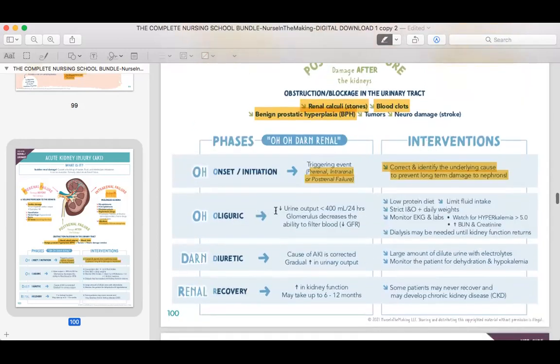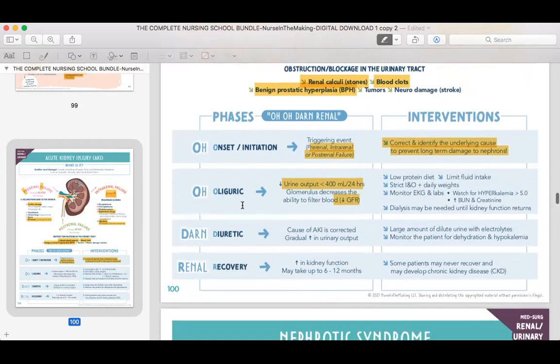So now you're going to have the oliguric phase, where you're producing less than 400 milliliters in 24 hours, and your GFR is decreased. Your filter is not filtering it out. So now after that, we give you furosemide. How do we do that? We give you